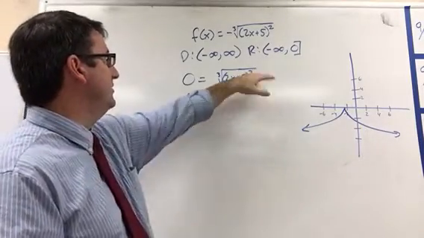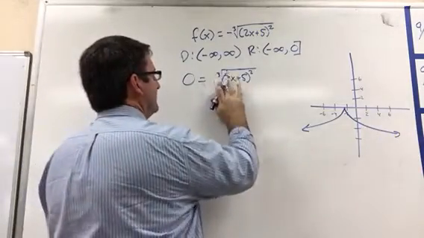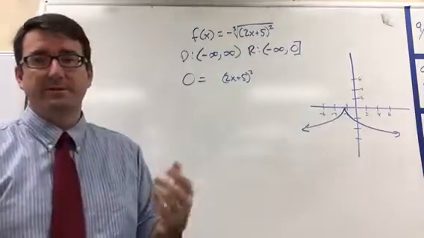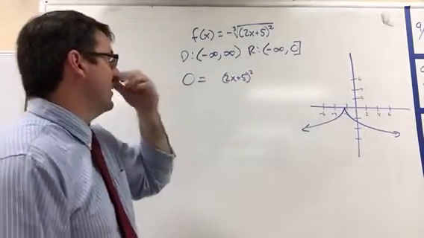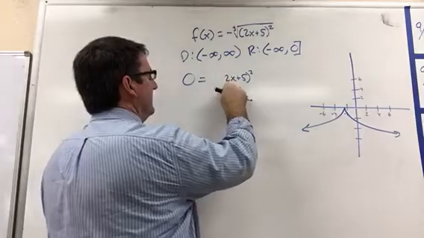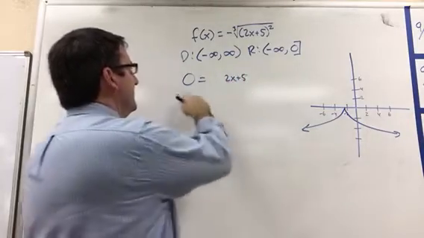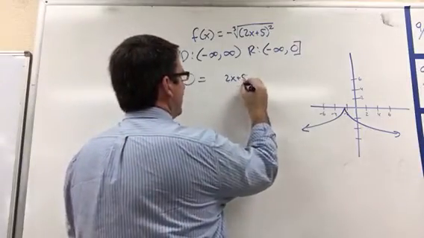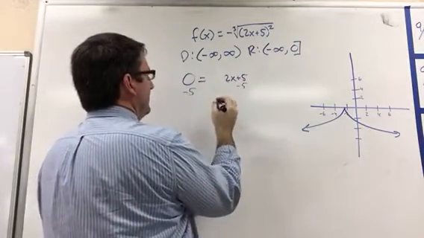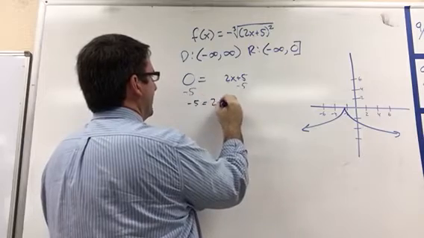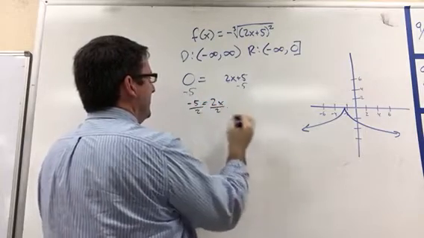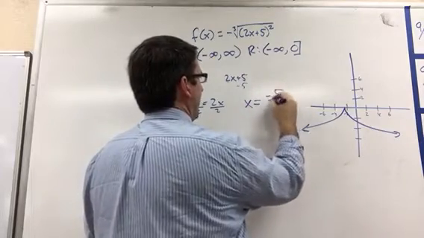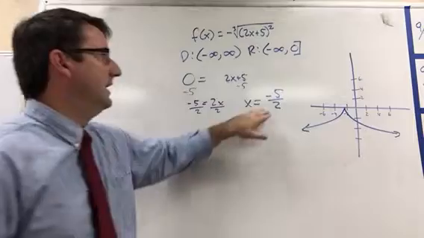Now let's cube both sides. Cubing both sides gets rid of the cube root on this side, and 0 cubed is still 0. And then let's take the square root of both sides. Well, we can get rid of this squared on this side. Square root of 0, still 0. All right, so now we can just subtract 5 from both sides. We get negative 5 is equal to 2x. Divide by 2. So we get x is equal to negative 5 halves. And that's our